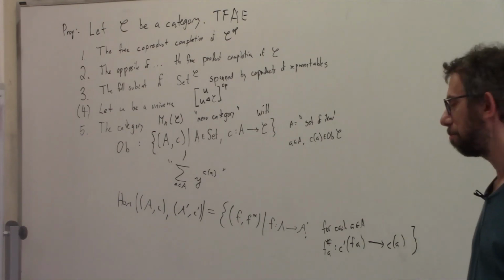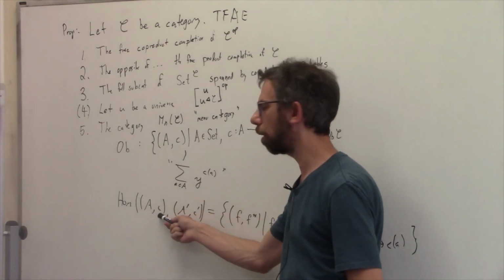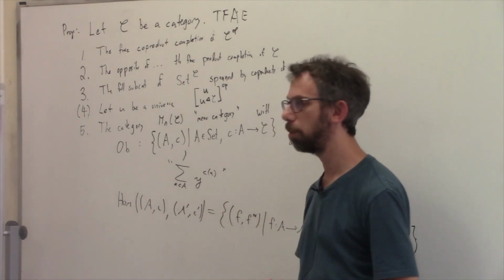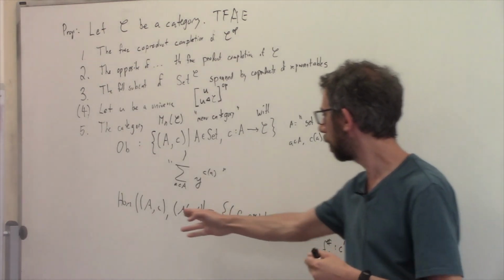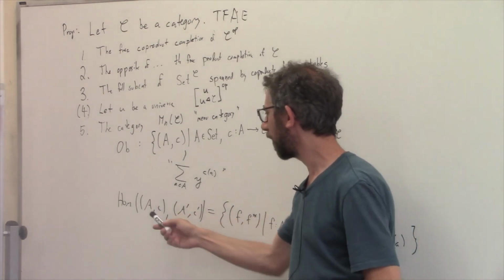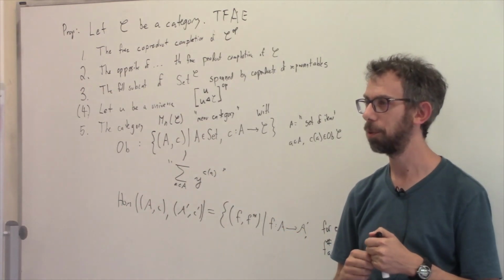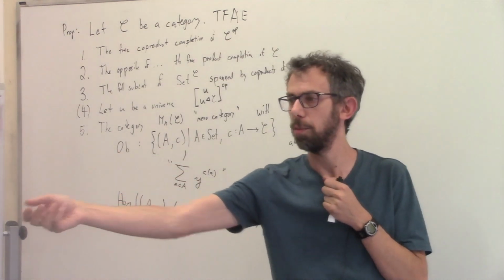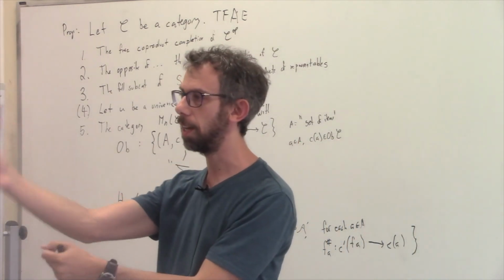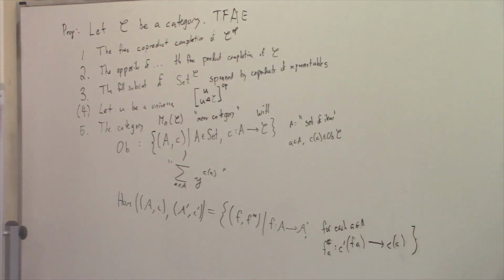So that's the definition of the menu category. So what's going on? I have this menu full of objects in C. You have this menu full of objects in C prime. What I have to be able to do is for every item I have, I really want to get back this C object. So what I do is I say, hey, would you mind? Or I was thinking of it as an agenda. So from every item I have, I say, hey, I need this from you. And that guy says, I can fulfill that. And they give me some C object. I know how to take their C object and return one of my own. So I get back the C I needed to fulfill.